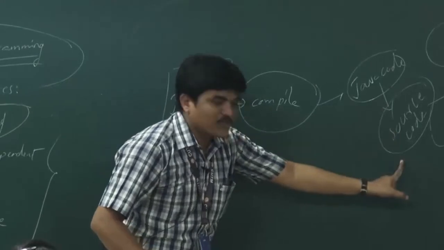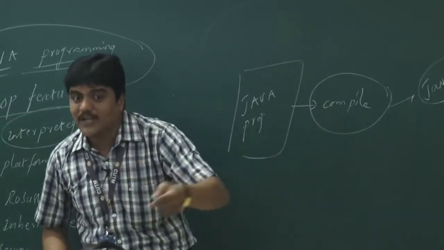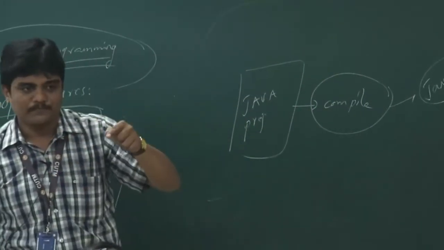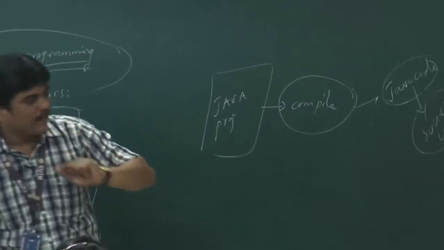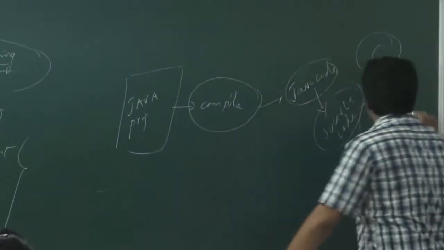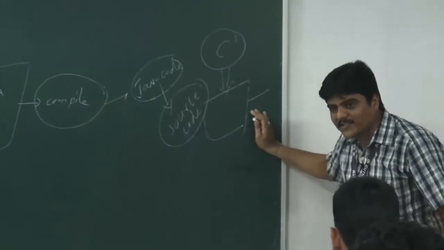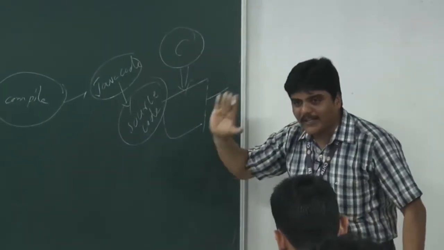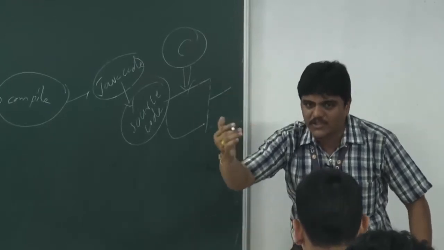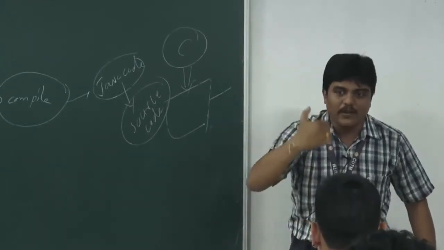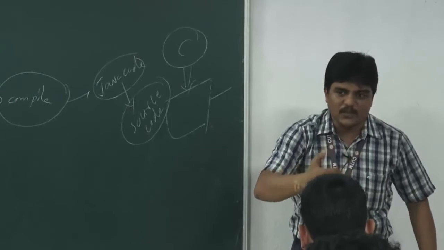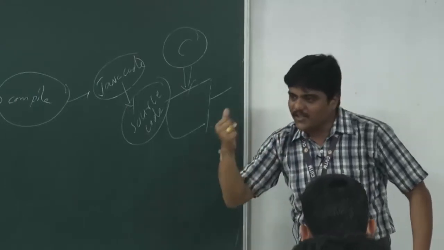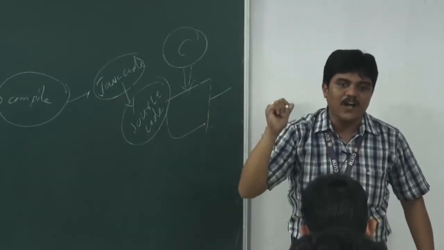Now again, these source code instructions must be converted into that machine understandable code. All of you clear this one? If it is in our C programming, what happened? Simply compile. Once it is successful, then we will get the output. Why? Because once the C programming is compiled, that indicates that C programming instructions are converted into machine understandable instructions. So now that machine can easily understand those instructions and it can easily generate the output for the